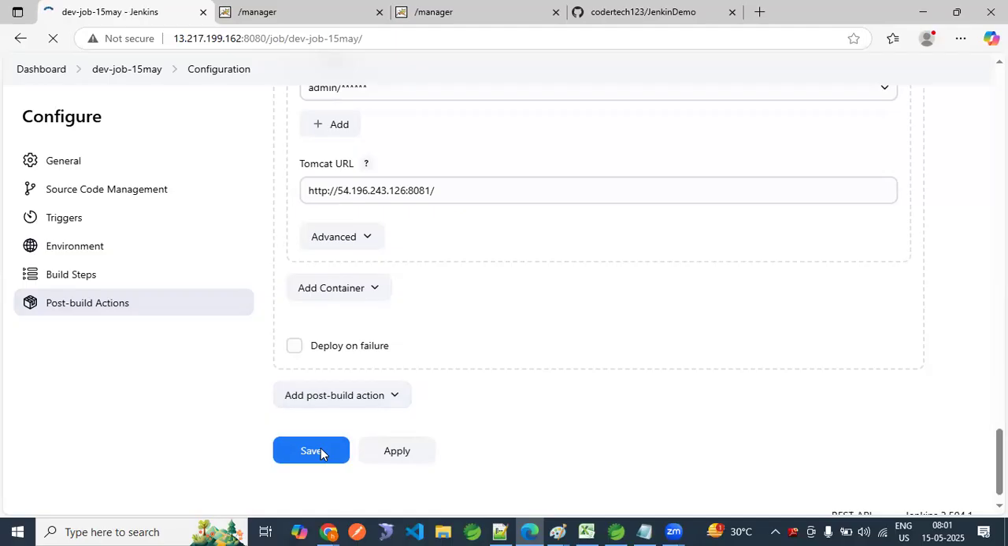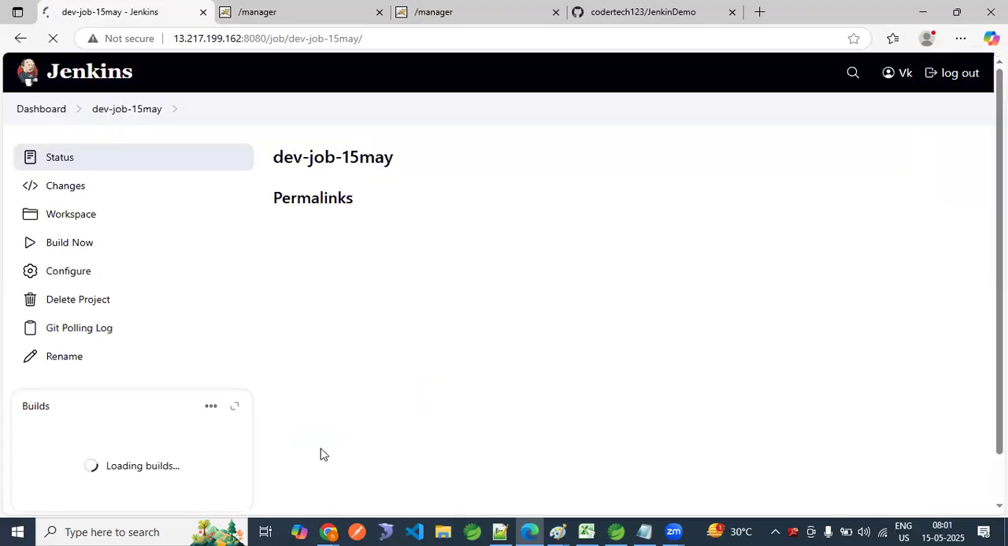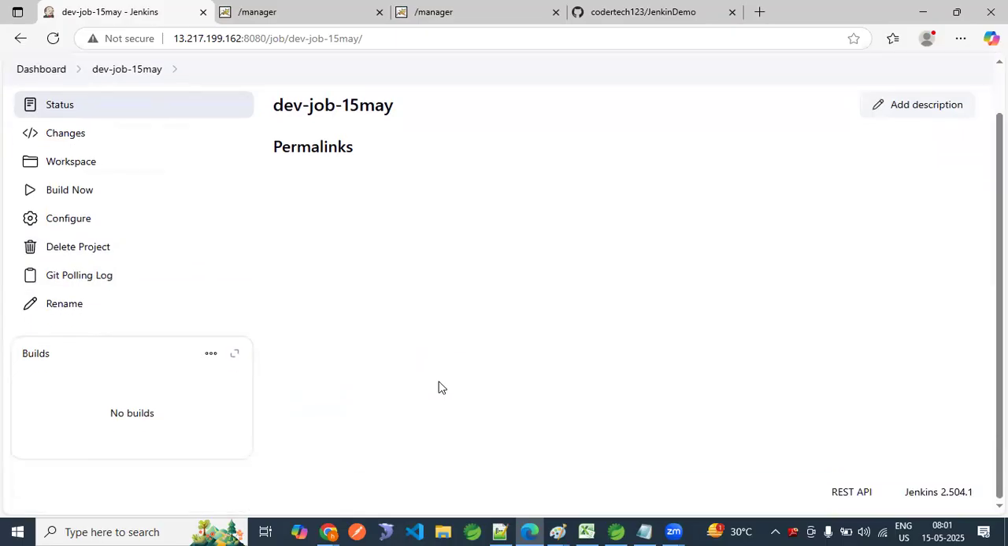Most probably a build will be triggered, guys, because I have given poll SCM star. First time it will do. Let's see. It will trigger. Then what I will do? I will remove that star. No build is there, right? No build is there. No build is there. Then no problem. We